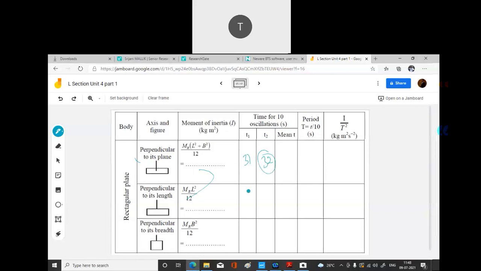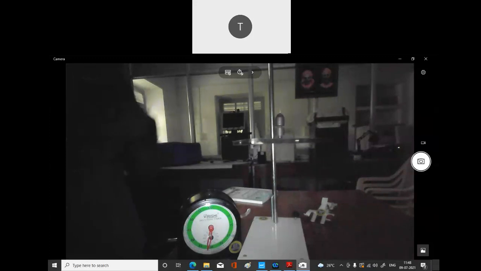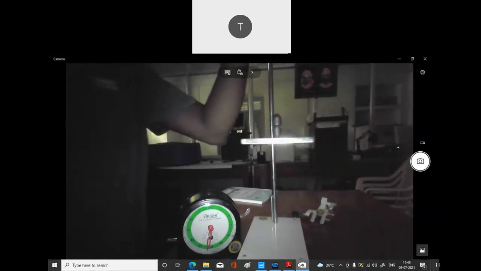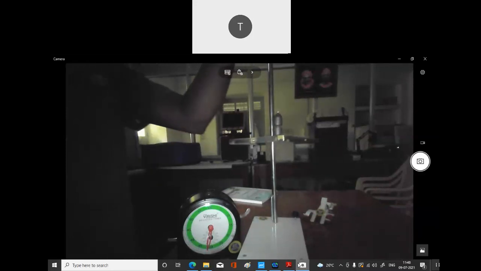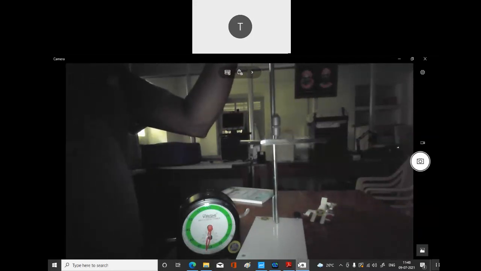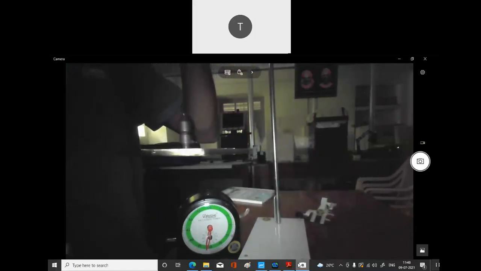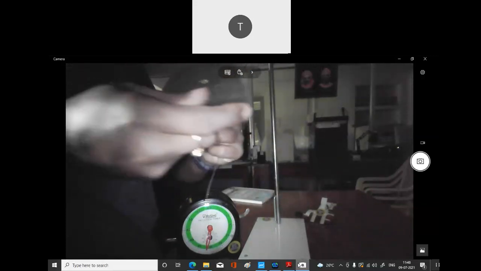Then what you are supposed to do is repeat it along the length. I will show you this one along the length, so again, remove it back. This is a very lengthy experiment compared to your electrical experiment. An electrical experiment you can almost do two in one day, but this you need almost 2 hours to complete, because you have to take the weight, the length, and the circumference, all those things. So it will take some time.